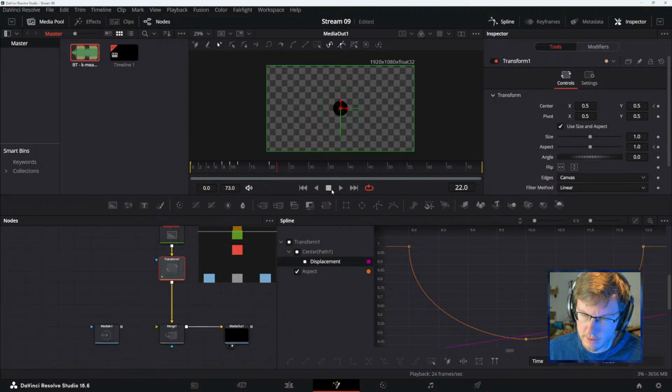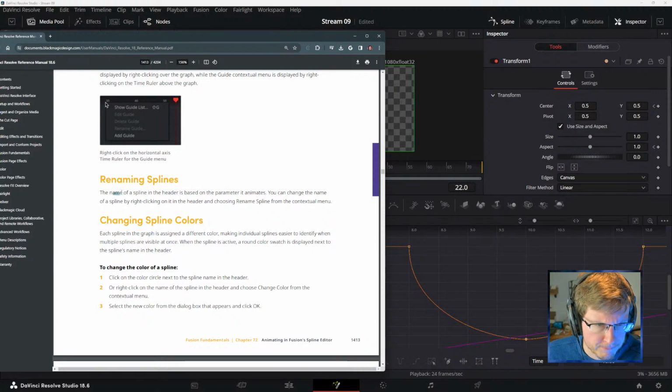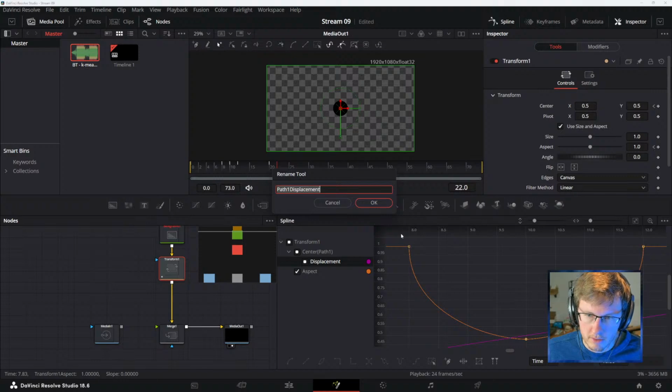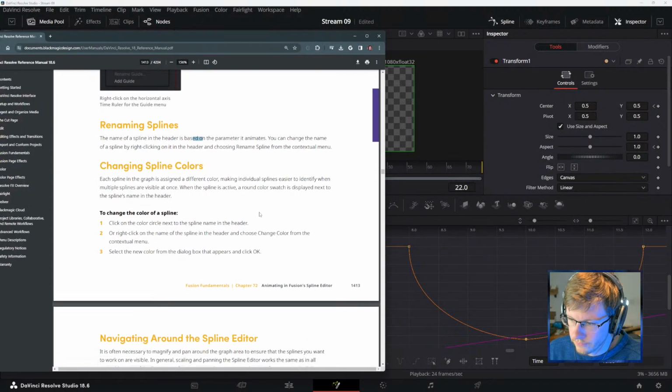So the name of the spline in the header is based on the parameter it animates. Oh, okay. So displacement here, I could rename it. Rename is here. Same as before, you could press F2. Okay, so you could rename that if you want, which might help.